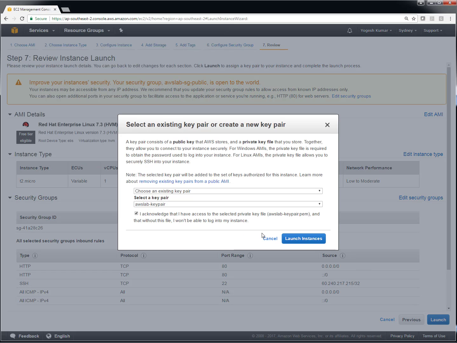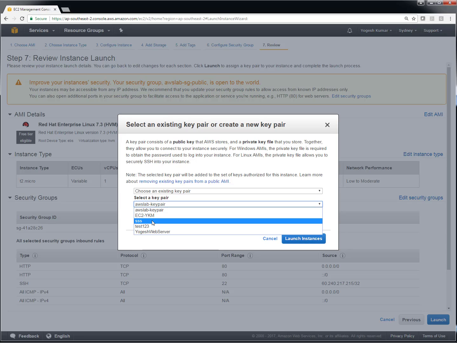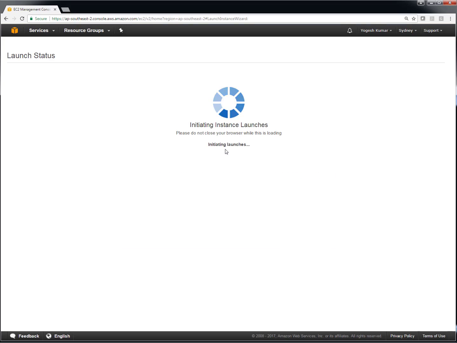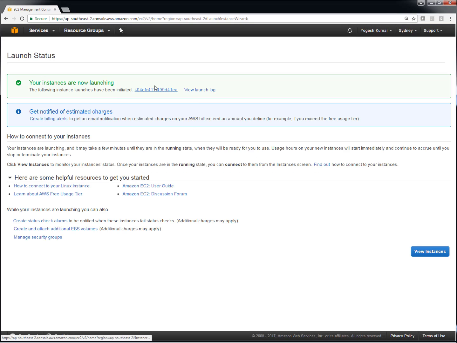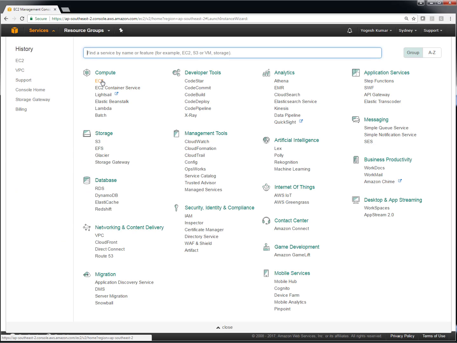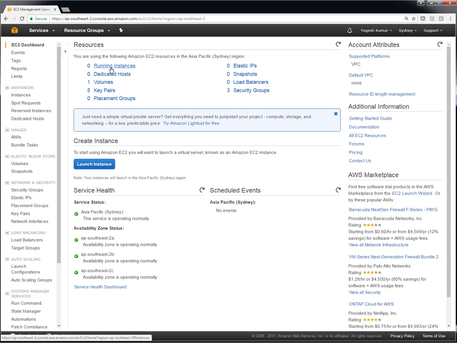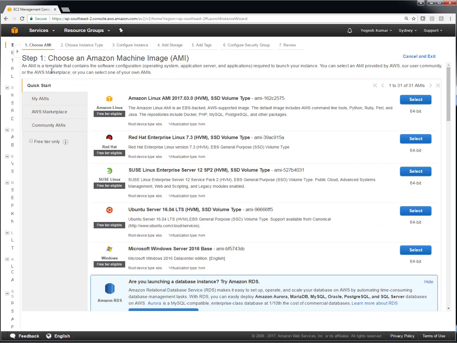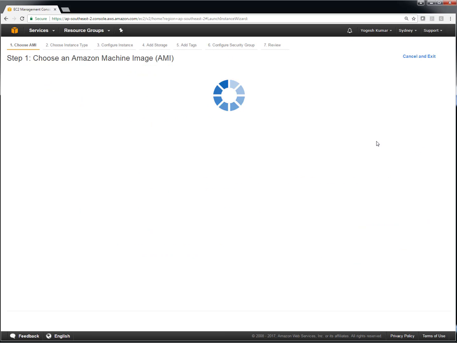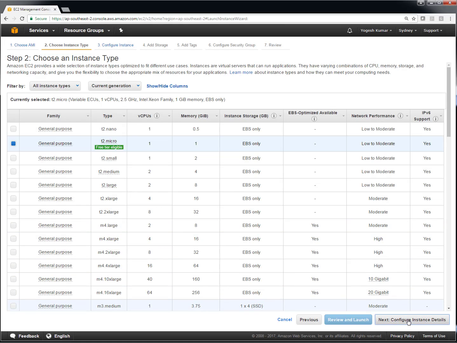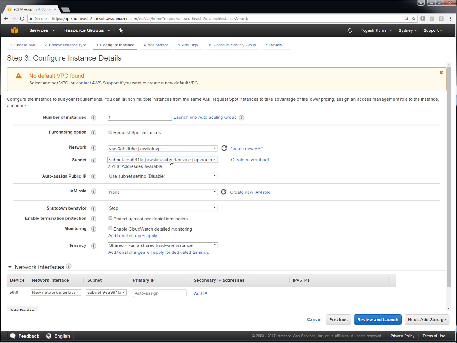I acknowledge. I will pick this key here because I have access to this key. So this is our first server which is getting built, and let me quickly create a new server with the name database, and we will put it in the subnet which will not have internet connectivity. So again, launch instance, same AMI, same instance type is fine, but here I'm choosing private, which is by default